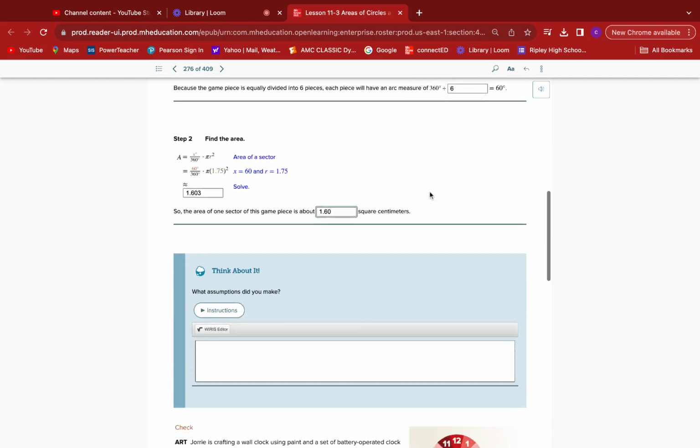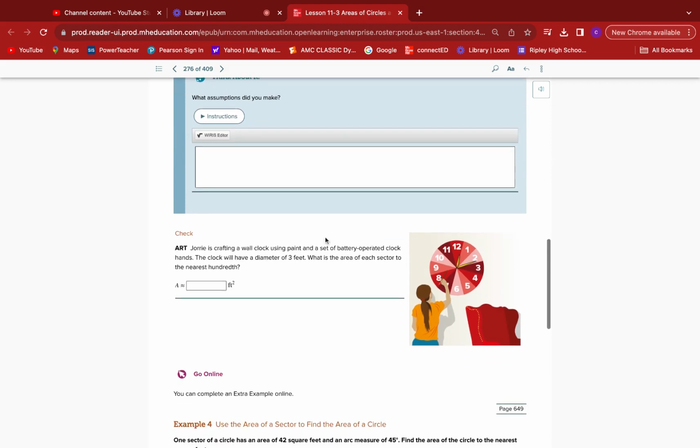All right. Oh, we got to check. Okay. Jory is crafting a wall clock using paint and a set of battery-operated clock hands. The clock will have a diameter of 3. All right, divide that by 2 to get your radius, everybody. What is the area of each sector to the nearest hundredth? Okay, so I have, looks like 12 sectors. Take 360, divide by 12 to get this central angle on every single one. So 360 divided by 12,